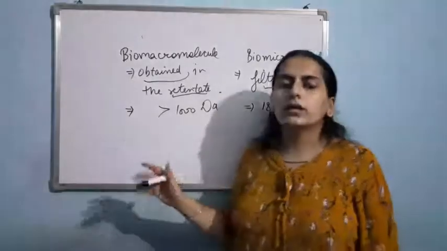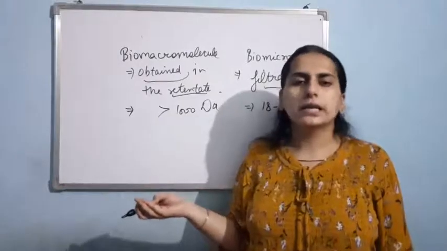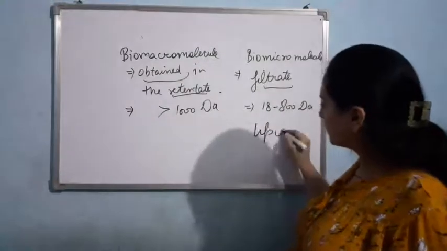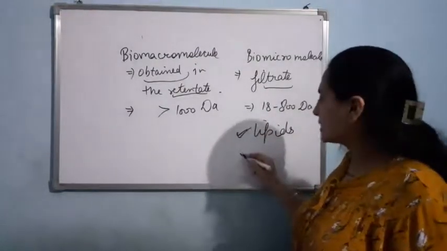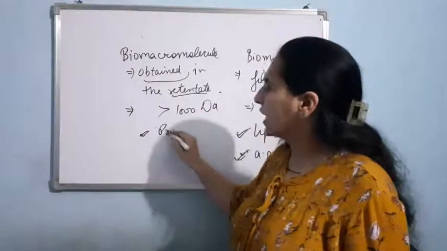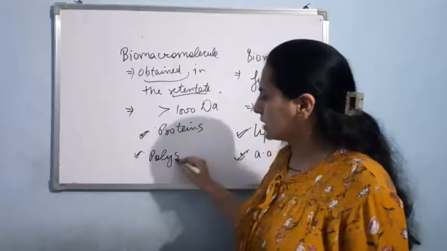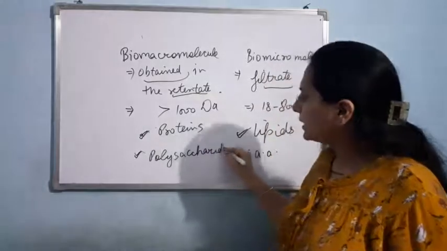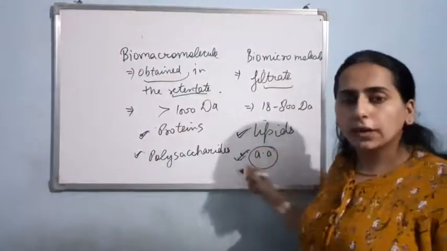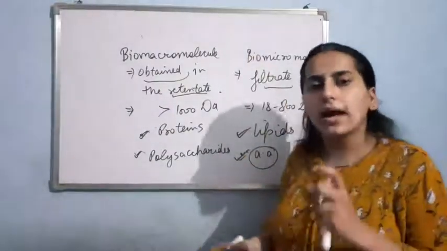Now biomacromolecule, as I have given you the example, we have to study polysaccharide, proteins, nucleic acid. Lipids, they come under this heading. Its example is lipids, we will discuss lipids. Its example is amino acids, we should discuss amino acid. Its example is proteins, we have to discuss proteins. Its example is polysaccharides, we have to discuss. So now, let us start amino acid first. Why I am starting only amino acid, you will get to know now. Let me start the biomicromolecule, that is amino acid.